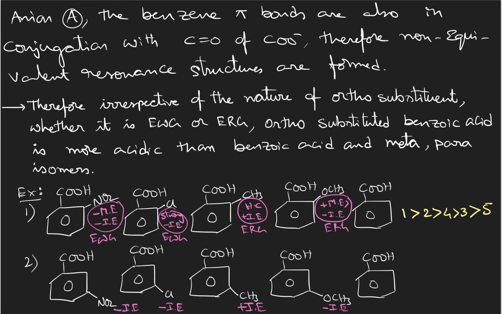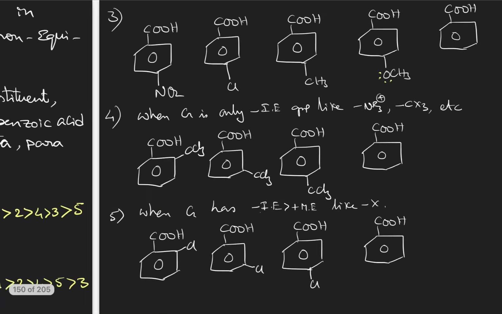Therefore, least acidic will be third compound. Then, fifth compound, the second least acidic strength. Then coming to NO2, Cl and OCH3, just based upon their strengths, we have to arrange their acidic strengths. NO2 is the strongest, then Cl and then OCH3 in its negative inductive effect. So this is the order.